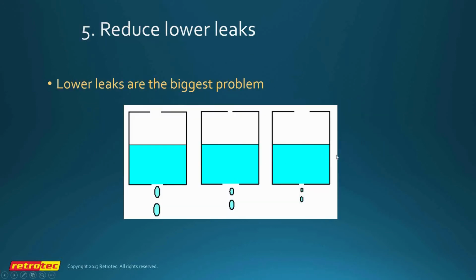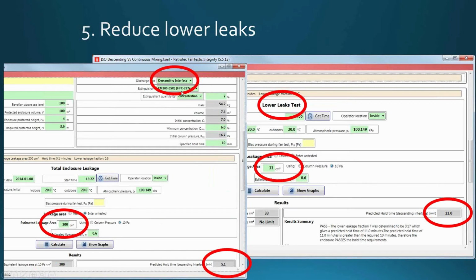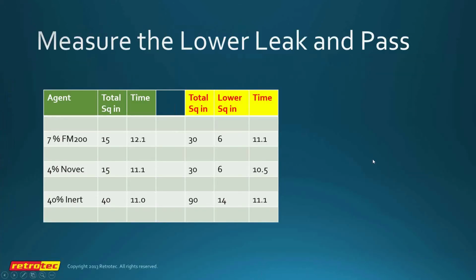The other one is reducing the lower leaks, which, as we'll see in the next example, we have a descending interface with, again, a 200 square centimeter leakage area, a 5.1 minute retention time. And all we've done here is to measure the lower leaks, which ISO allows you to do, and the hold time is more than doubled to 11 minutes. So this is a very important test that we can perform, and how we do that is to, actually,